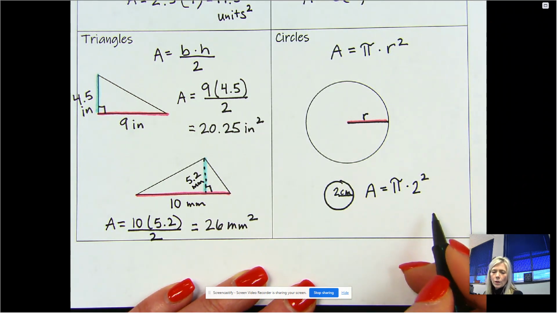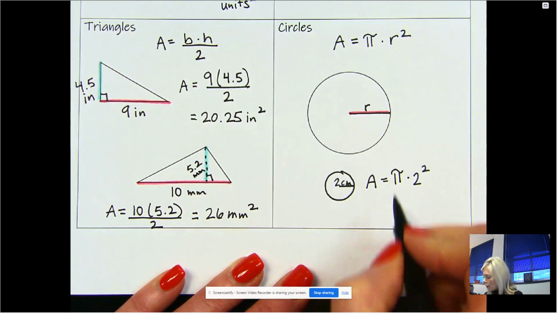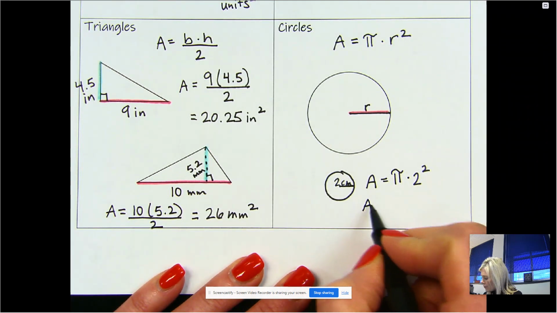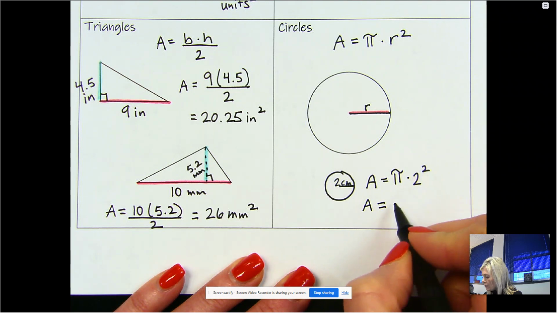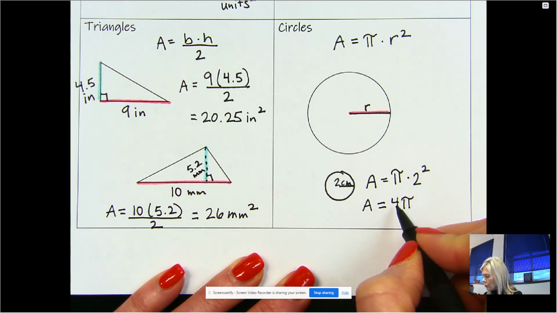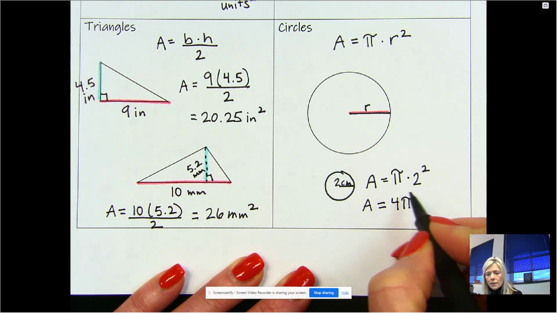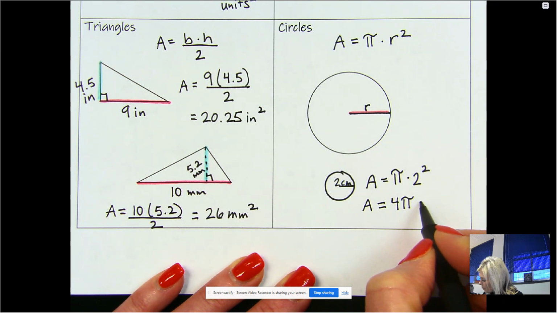Well, I know 2 squared is 4, so I'm going to give 2 answers for the area. The exact value of the area is 4 pi, because 2 squared is equal to 4, and pi is an irrational number. So this would be the exact value of the area, or